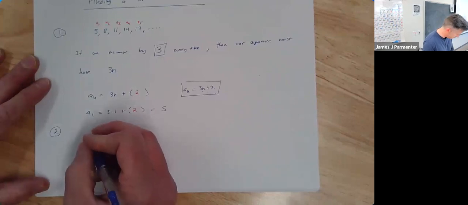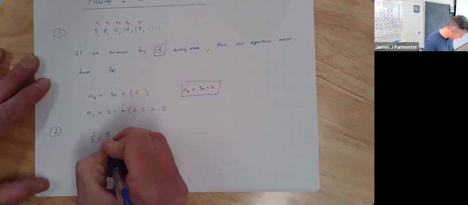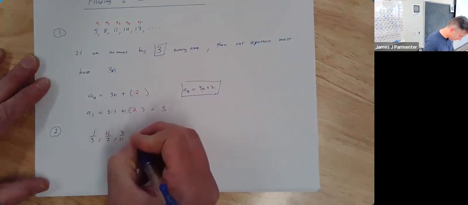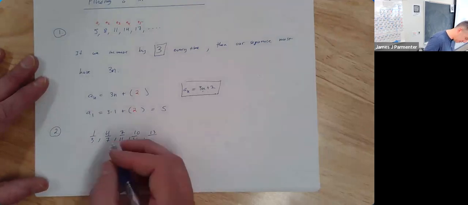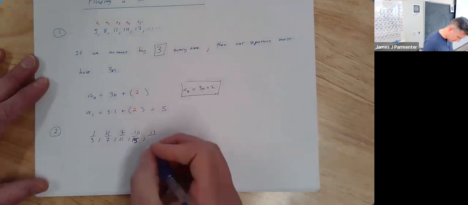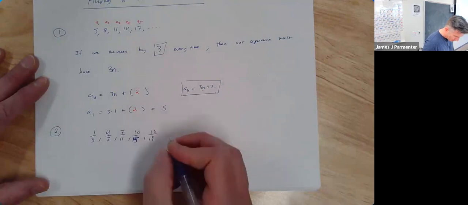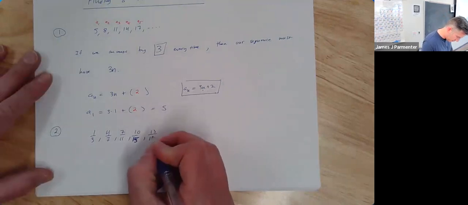Let's look at this one. Let's say our sequence terms were 1/3, 4/7, 7/11, 10/14, 13... sorry, I think that's 10/15. I think I made an error there. Apologies. And then 13/19. So a good test to see if you have an idea of what's happening here is,